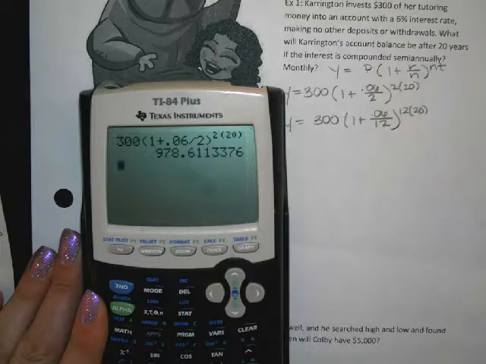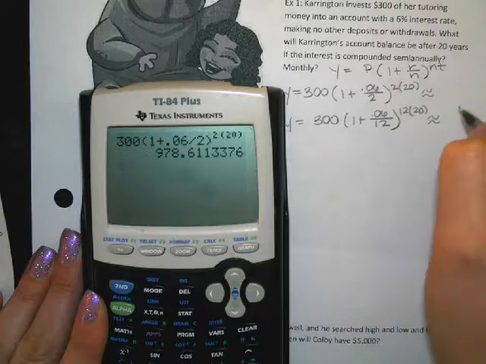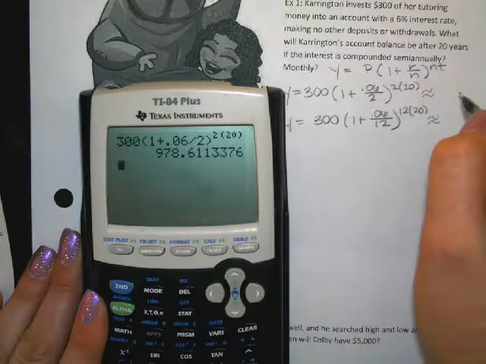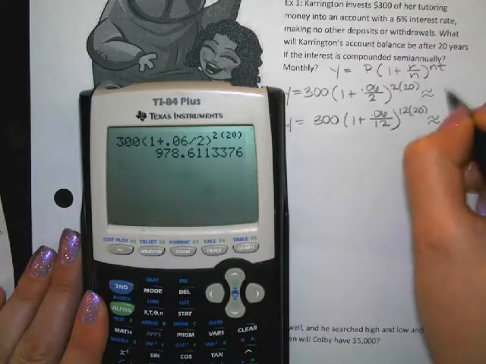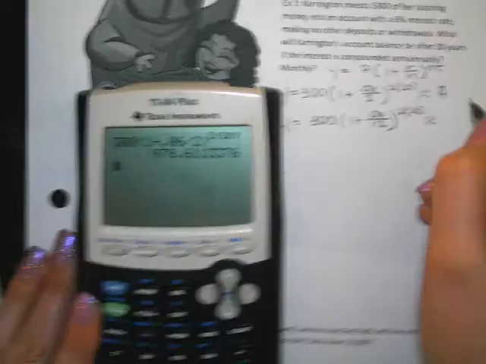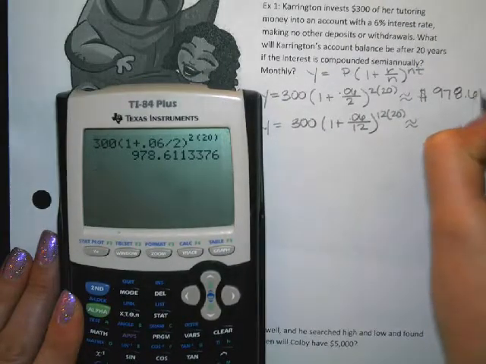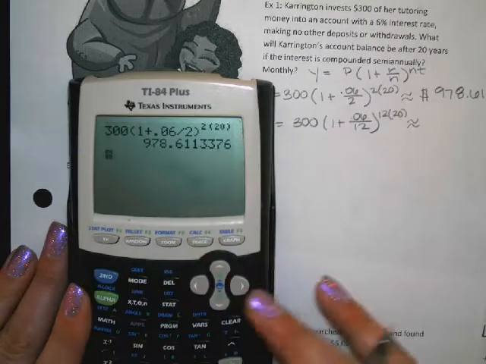All right, so the first one is, and this is, what unit of measurement is this? It's money. How many decimals should we have if we do money? 2. 2 for the cents. So I'm going to write $978.61. And then to do the other version, I'm going to hit second enter because it plugs all that